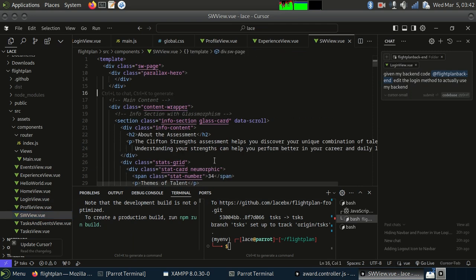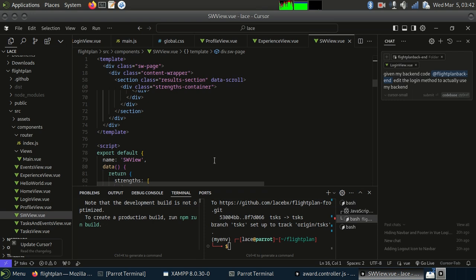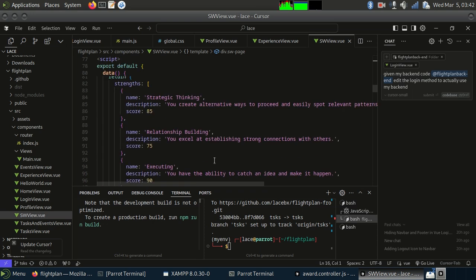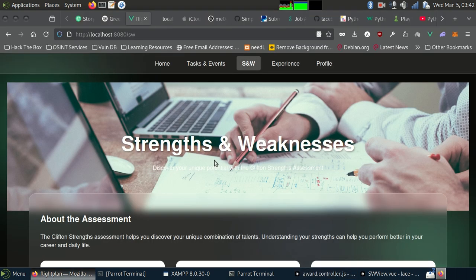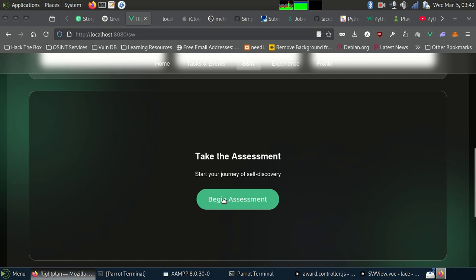you'll see that if you scroll down into the code that you have cloned, you'll find out that every part of it is hard-coded inside, so none of that comes from the back end. So you might ask yourself why. The reason for this is because we don't have any API calls to enable us to actually take this assessment. Gabriel and I had talked about creating an AI of our own that would enable the user to take the assessment and create results for them,